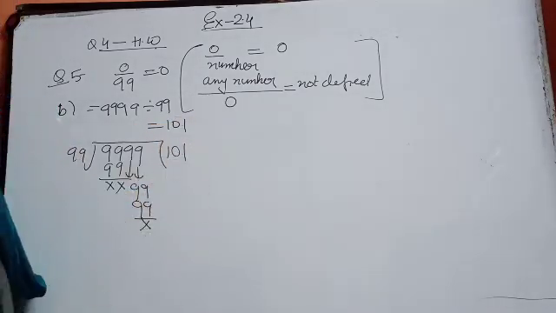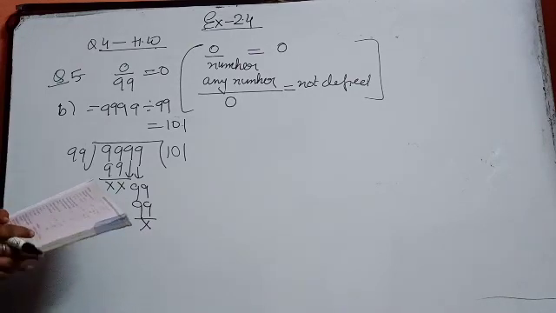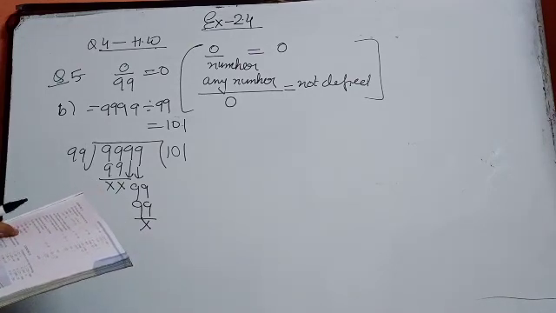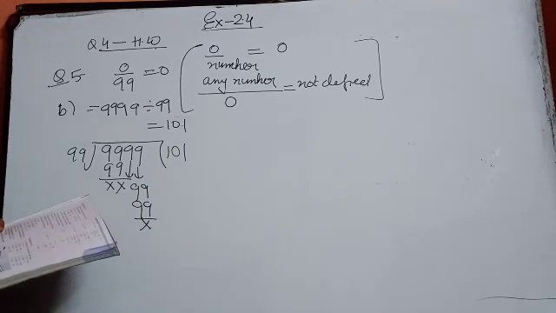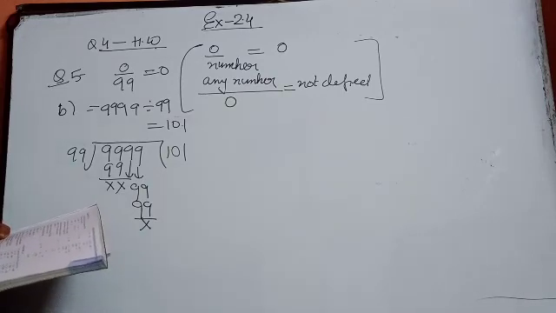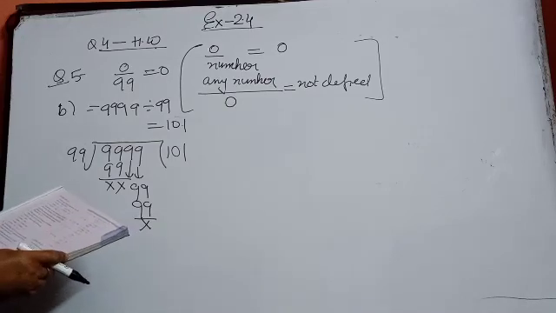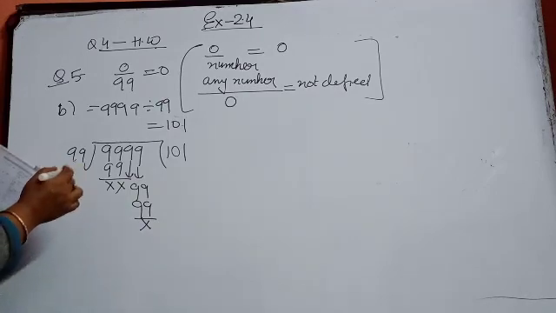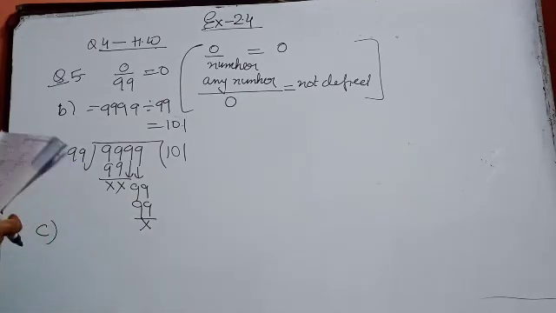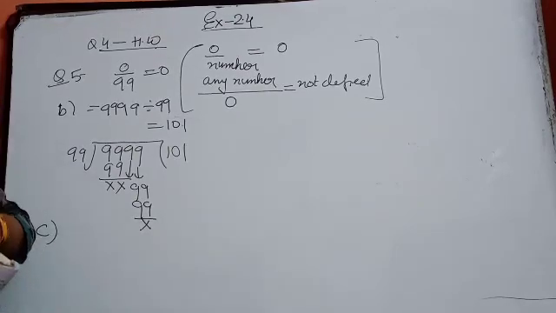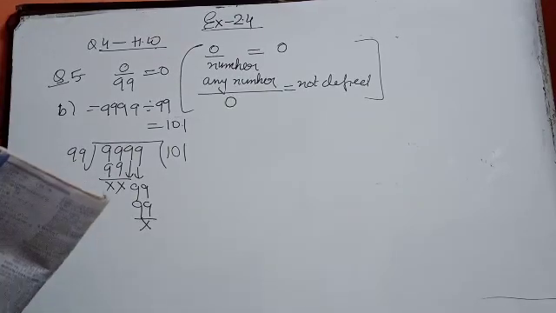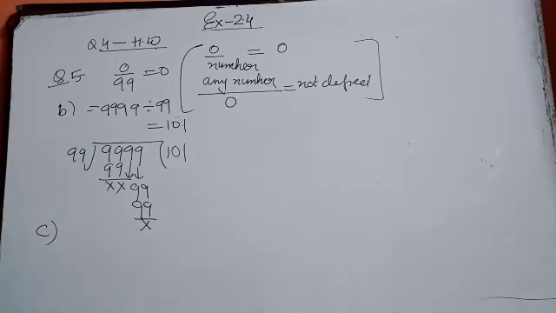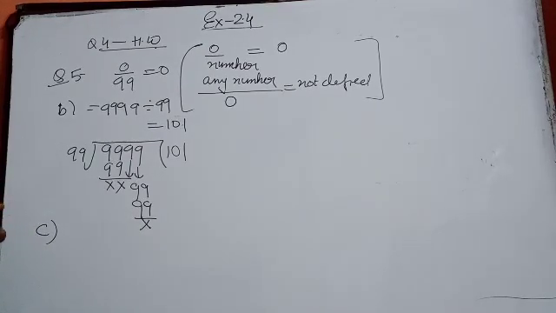And children always write 11. Whenever this question comes in their exams, at that time they always write 11 as the answer. Okay, now see that C part. One more part I am doing, and afterwards I will not. You will perform the rest of the parts of this question yourself, and at least try to do that. If there is any doubt, then you just write to me on my WhatsApp number, so that in my next class I can clear your doubts also. Whenever you have a doubt, write it on my personal number.